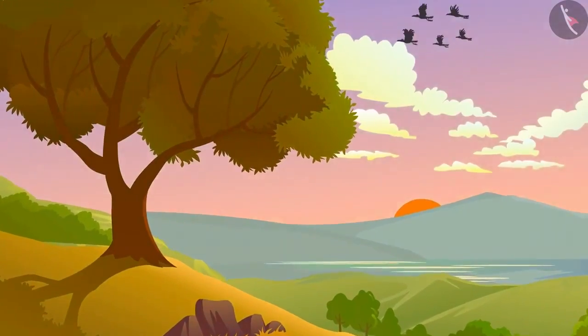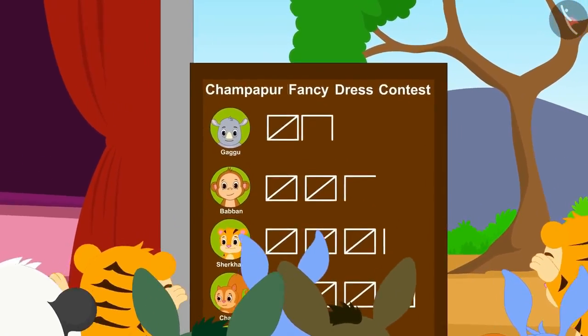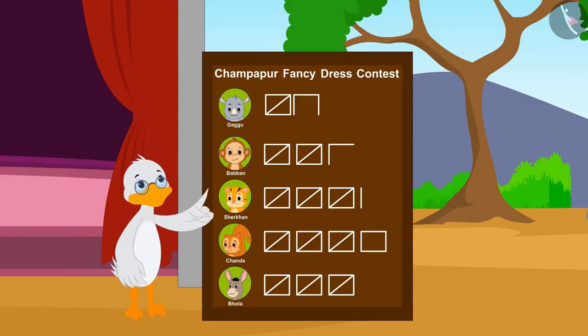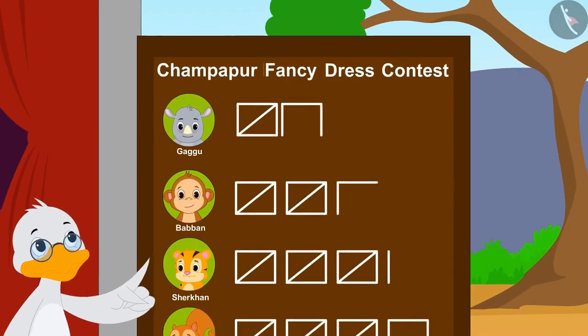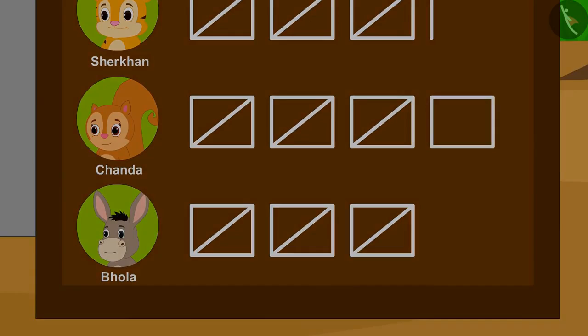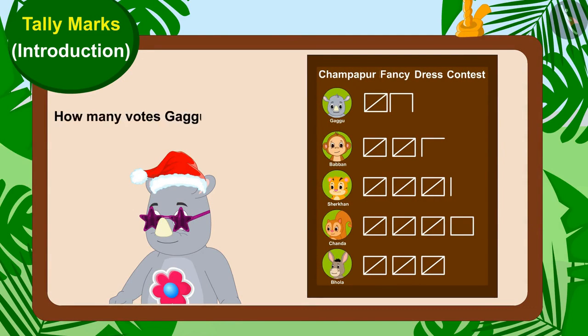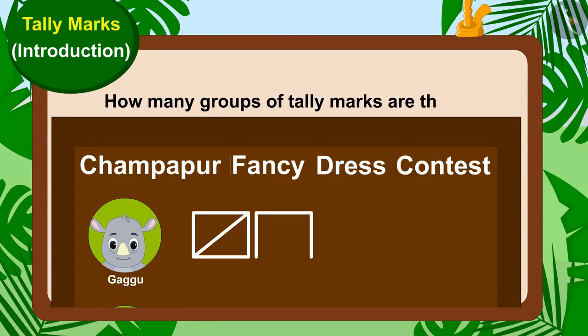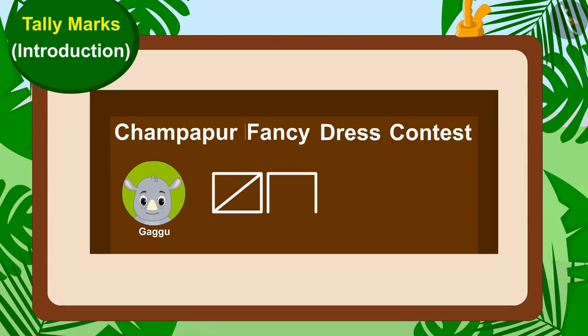The day is over and all the viewers have cast their votes. Now, Uncle started counting the tally marks written on the board. Let's see which contestant has got how many votes. Let us see how many votes Gaggu has received. How many groups of tally marks are there? Yes, there is only one group of tally marks and 3 lines. This means Gaggu has got 5 and 3,